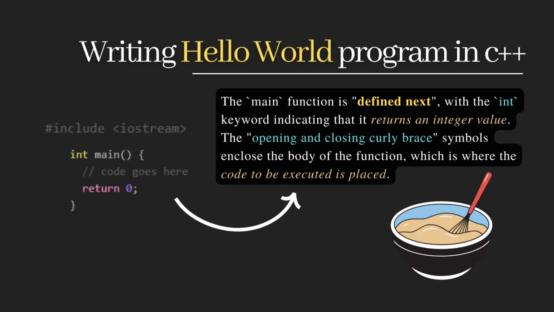The main function is defined next, with the int keyword indicating that it returns an integer value. The opening and closing curly brace symbols enclose the body of the function, which is where the code to be